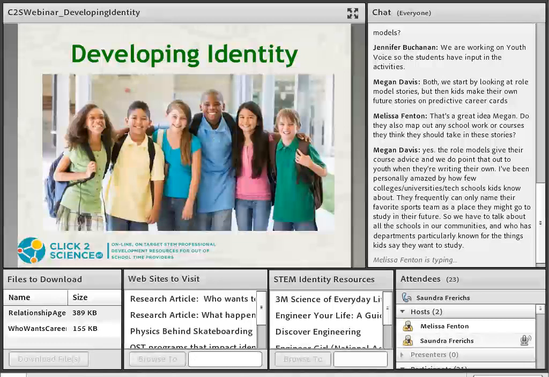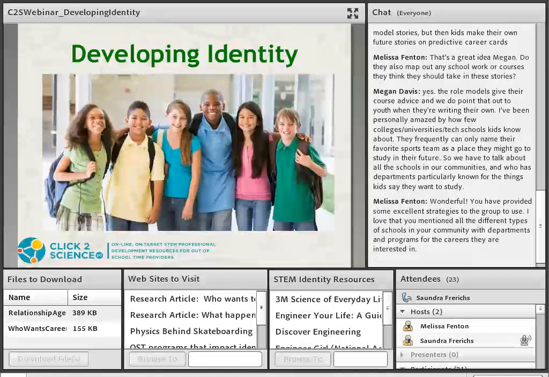So whether you have very young students in your program, kindergarten, first graders, or even younger, or whether you're working with middle school and high school students, this is a really important topic to think about, because after school provides a unique opportunity for students to develop their identity. Ideally, after school program is a time when the activities are very student-centered, when students have a strong sense of ownership in what they are doing, and that gives them the opportunity to explore their own identity and how what they're doing in after school contributes to that identity.